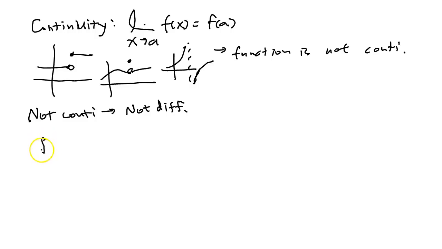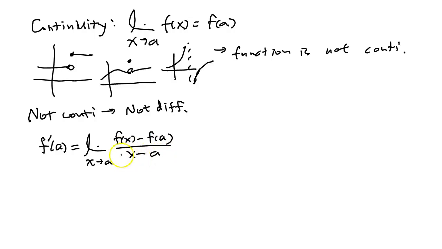Okay, this time let's use a slightly different form of the derivative. f prime of a equals the limit as x goes to a of f of x minus f of a over x minus a. This is equivalent to the limit definition using h going to 0. It's just that for our purposes, it's easier to use. Now let's look at what happens to the denominator. If x becomes a, you have what? a minus a, which is 0. So as x goes to a, x minus a goes to 0. The denominator becomes 0.